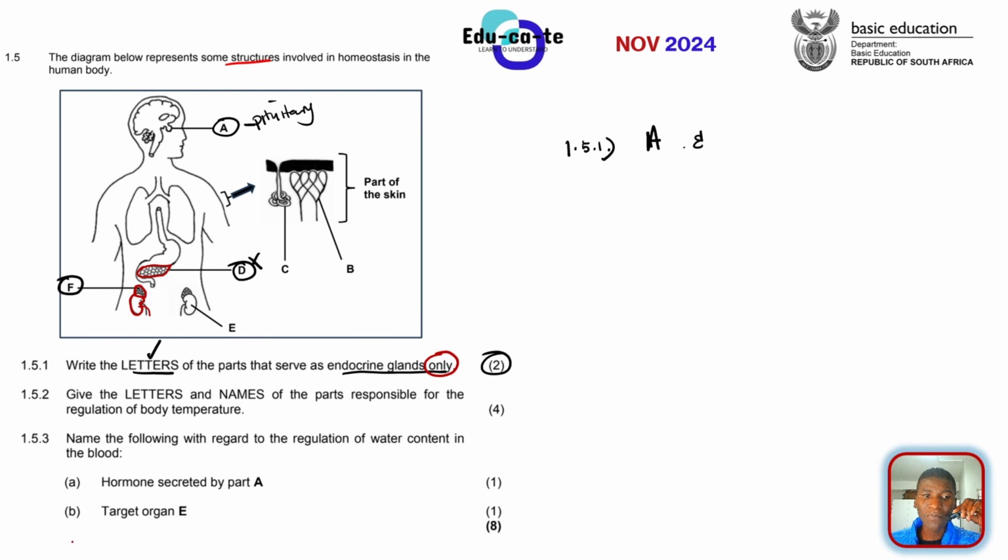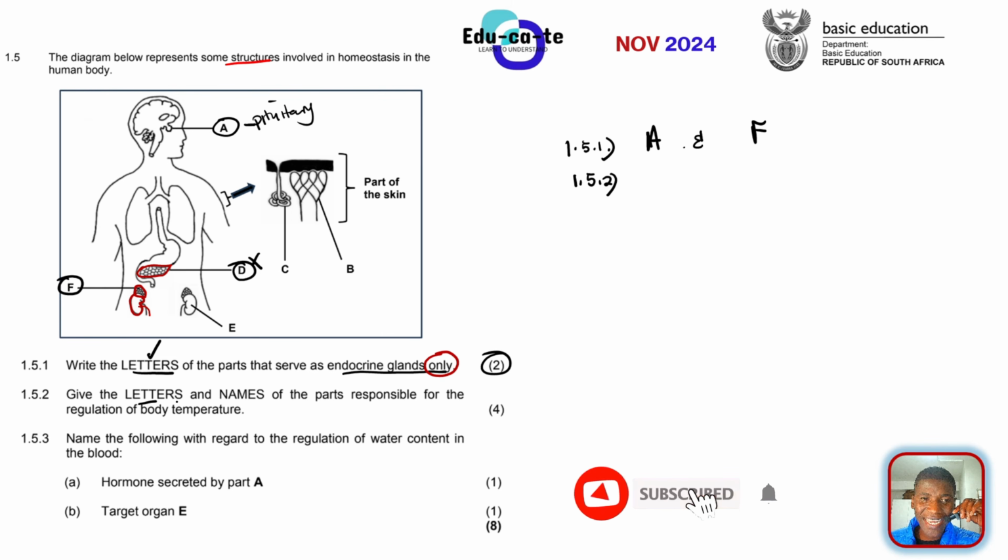So it falls as part of the category. So we can say that it is A and F. That is why it is 2 marks. So be very careful, grade 12s, in answering this question. We spent 5 minutes on only 2 marks. It's because it's very crucial.